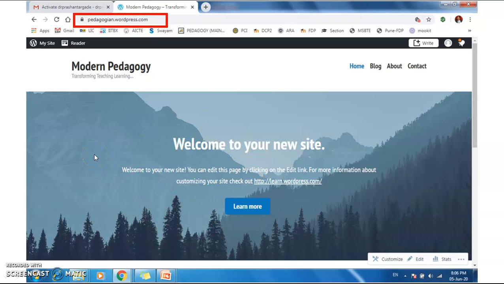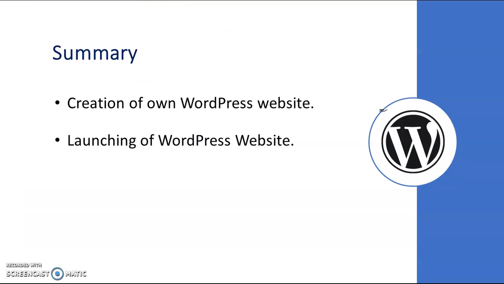This WordPress website is used as a content management system to add the OER, that is Open Educational Resource, that is, your educational content is added into your WordPress website, and it is made available to the students for learning purposes. Dear learners, so far we have discussed how to create and launch the WordPress website.